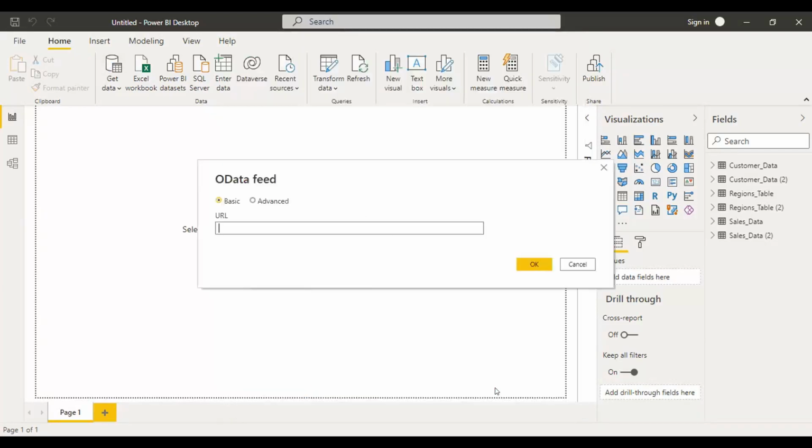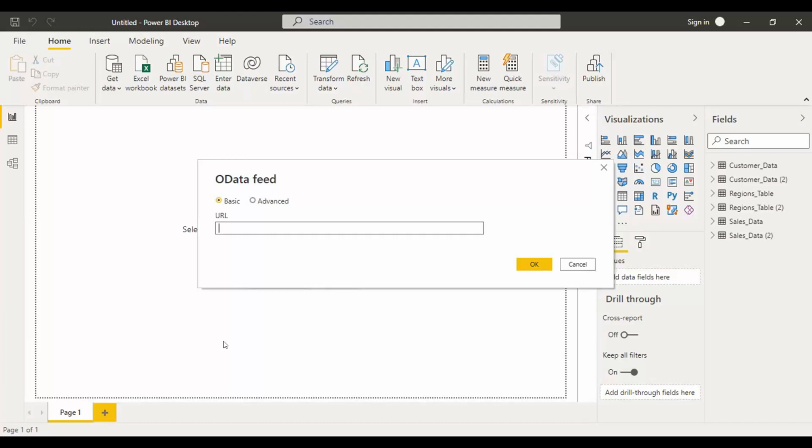OData feed is similar to the ODBC or JDBC, which are the connectivity drivers that allow us to connect to the different databases or different sources or other web sources or to any other sources.